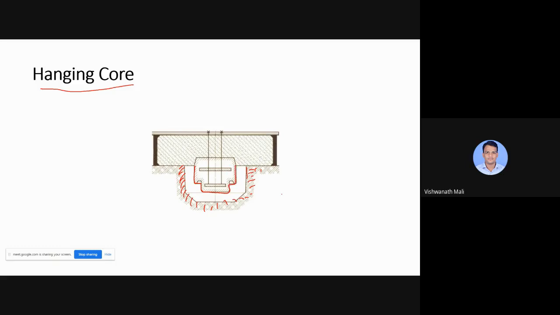So in that case, here it is the drag, and here it is, suppose, the cope. With the help of the cope and with the help of these strings or wire, we hang this core. We hang this core, right? Some part is in the core, and we hang this core with the help of this string and wire. So that core is known as hanging core.